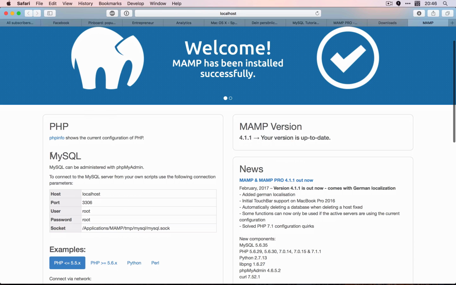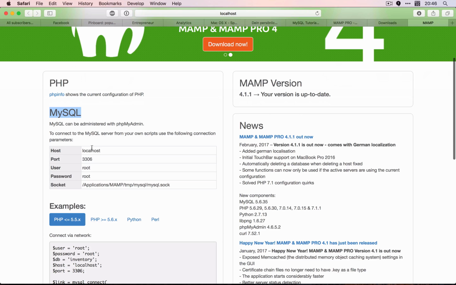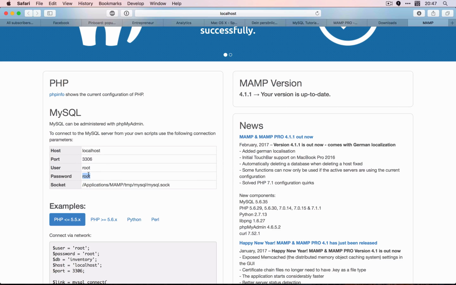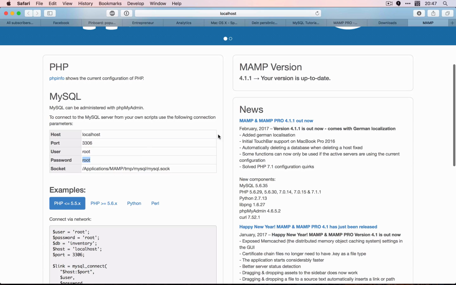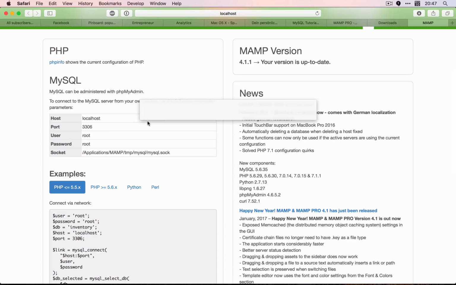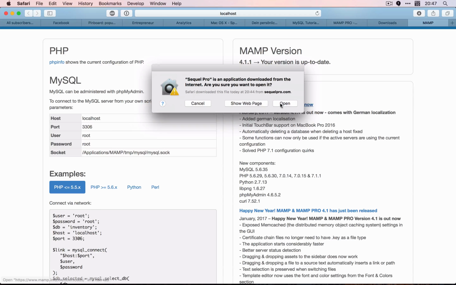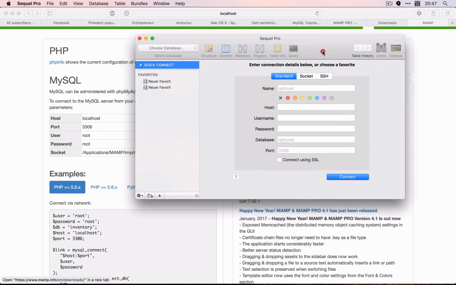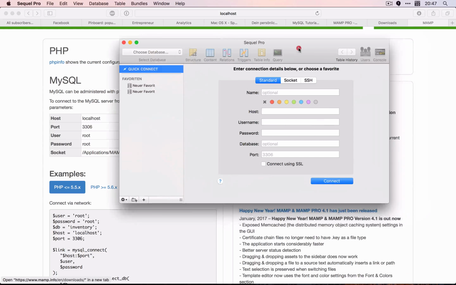And here is a section about MySQL, which tells you the host, the port, the user, and the password. These are elements that we need in a minute. So the next step is that we're going to open up SQL. That's the other software that we just downloaded. And we're going to get greeted with this connection